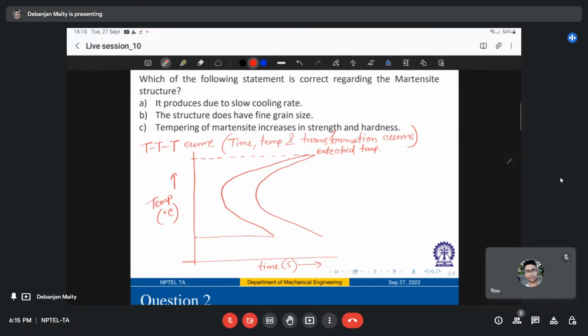So let's say this is somewhere around 100 degrees, and the eutectoid temperature is somewhere around 720 degrees. And if you see this region,